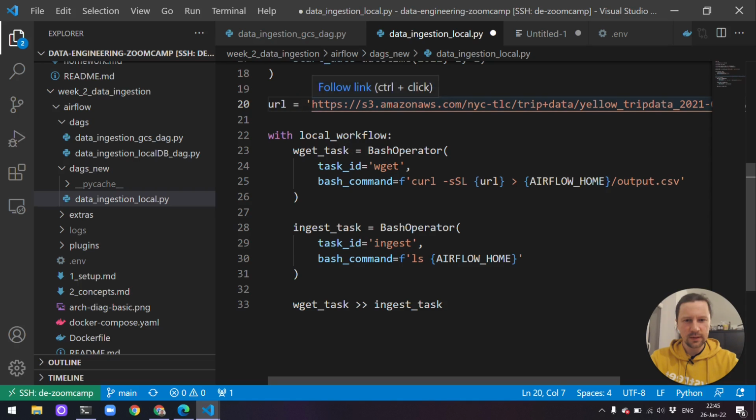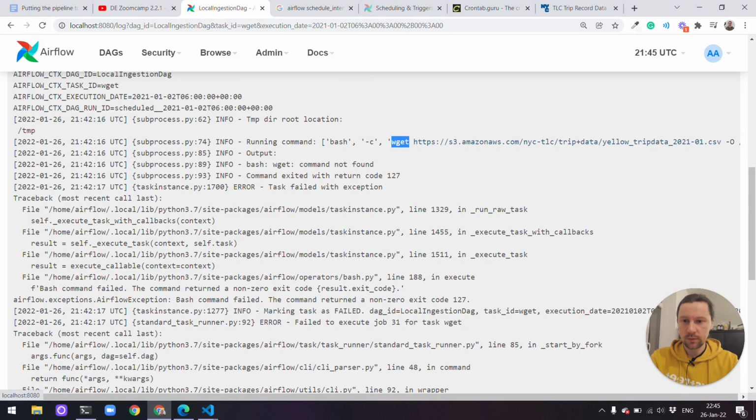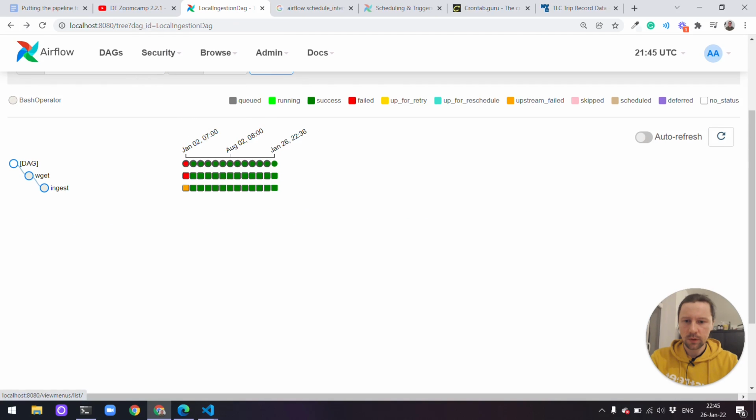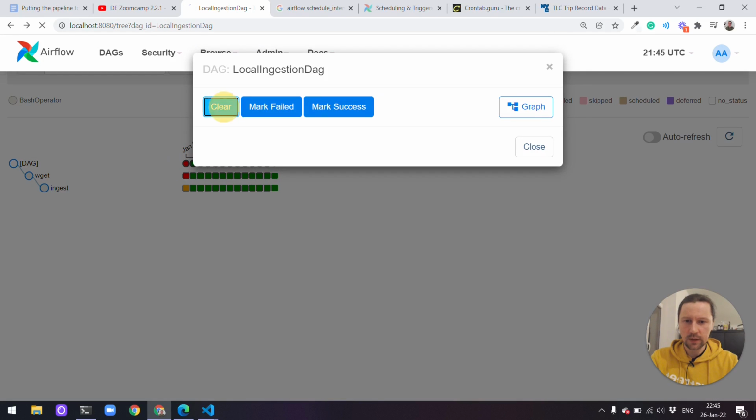So if this link is not the actual link but redirects to some other link, and GitHub, for example, likes creating such links, then curl will follow this link and then print the actual content, but not the redirect. So I'll add this L here, and yeah, we can try to run this. I saved this. Now I go to Airflow, I click back,